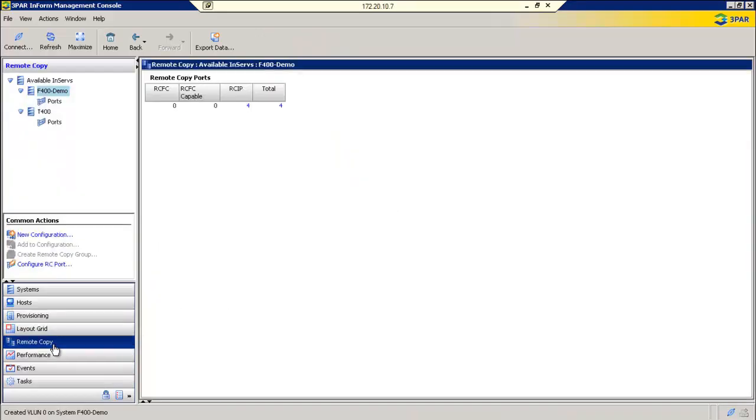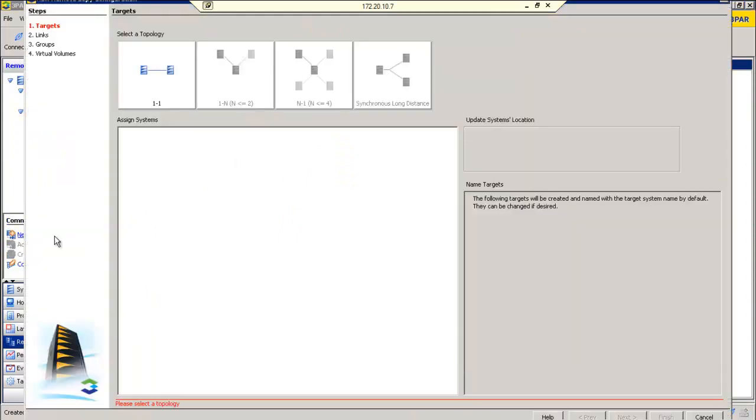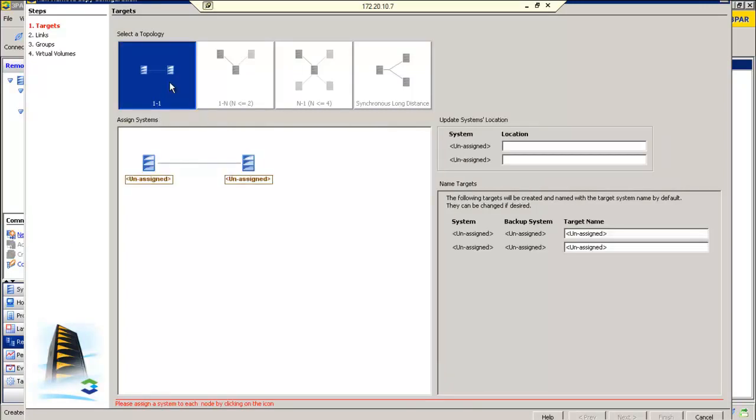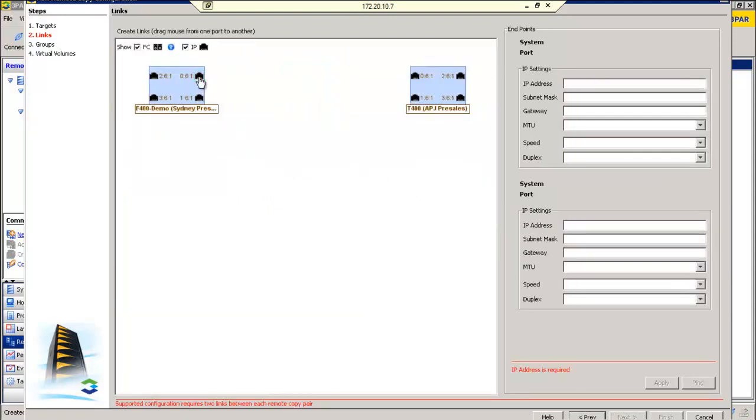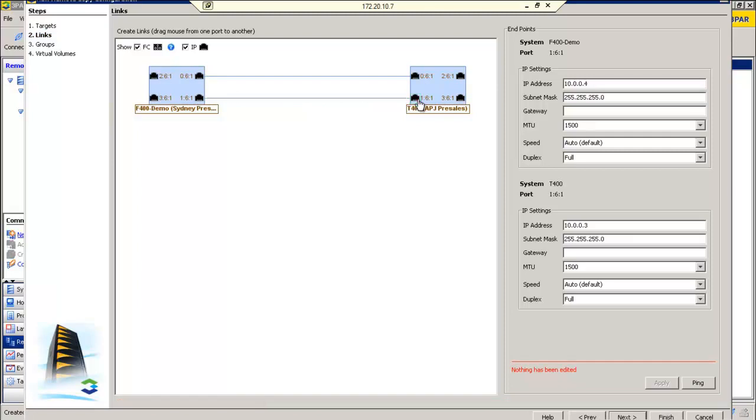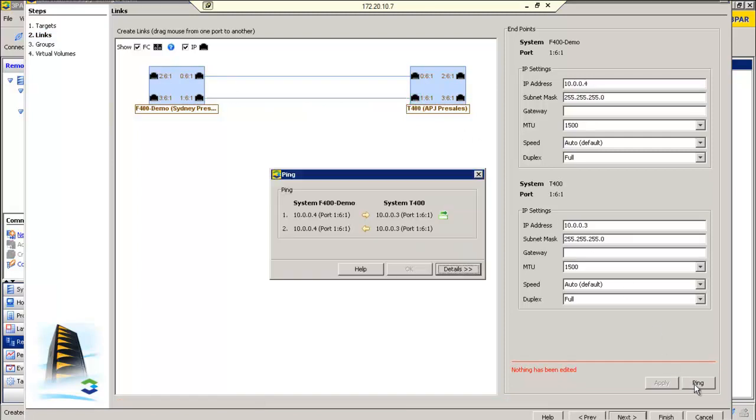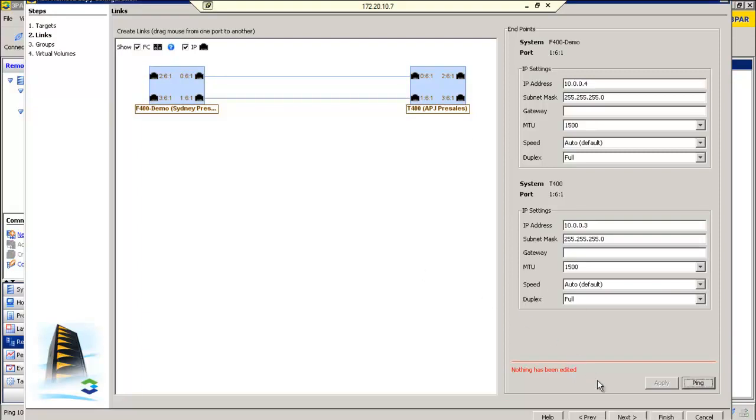We'll now set up Remote Copy. We'll choose a new configuration, and you have several options for how to set this up, but we're just going to choose a one-to-one relationship. I'm just going to give the names of the source and the destination, the F400 and the T400, and to connect them is as simple as a drag and drop. So we're going to use two connections for resilience between the two in-serve arrays. I can ping them to make sure that they are communicating okay,